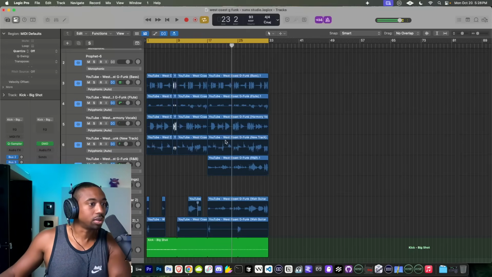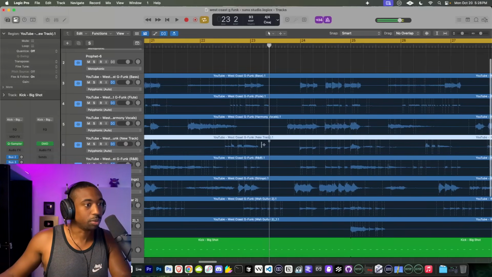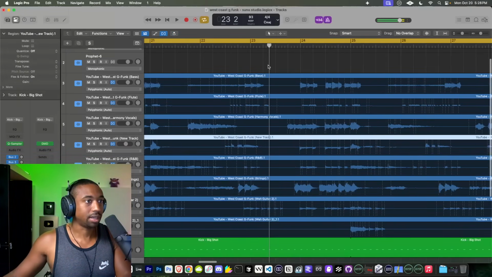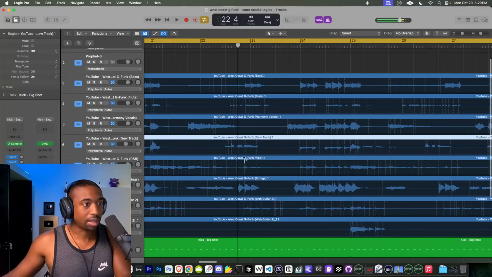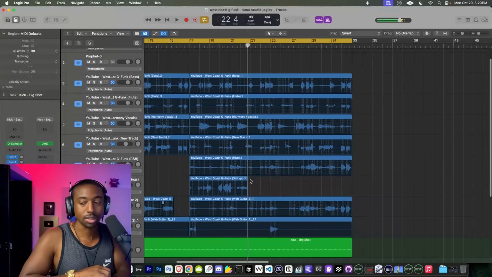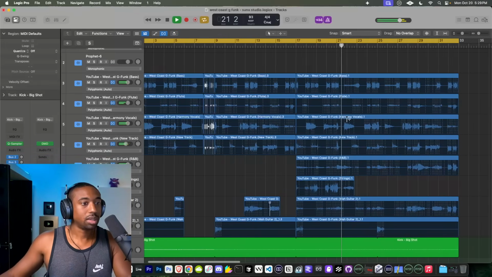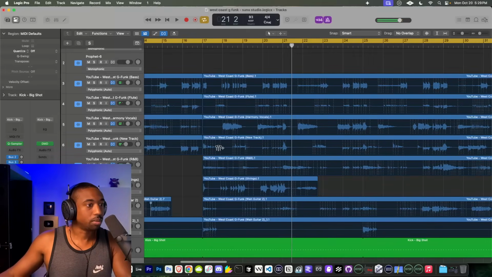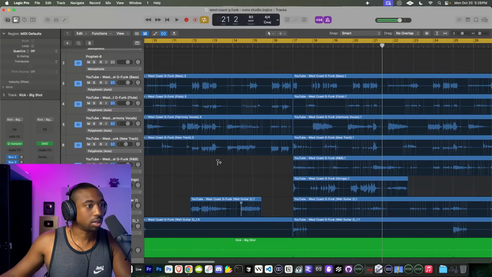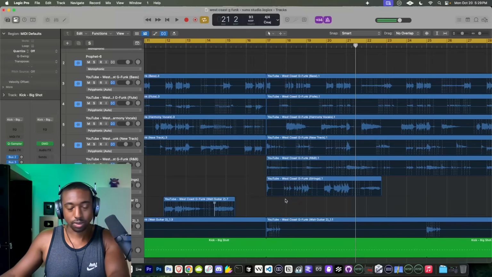Also, there's like 2 guitars playing. So here's what I'll do. We need to take stuff away because there's too much movement going on. So the number one way to sound amateur is to have like 7 rhythms going on that don't match. It's like wearing designer clothes and you have like 7 designers on and they're all just gaudy. So we need to figure out which guitar is creating rhythm. I would assume it's this funk guitar, but, or no, it's this guitar down here. Let's get rid of that one.